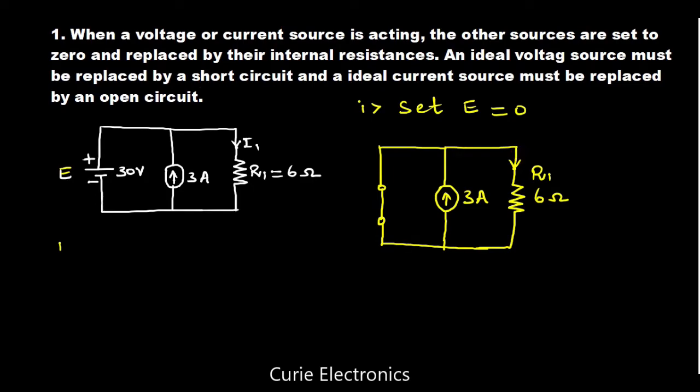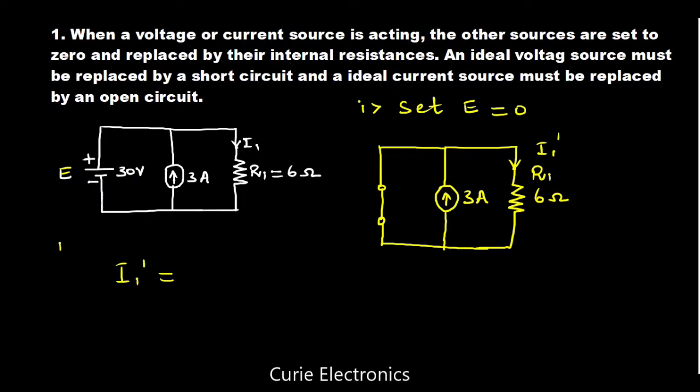So here I1 dash, I'll write it here. We will take it as I1 dash. So I1 dash equal to, so it's a current divider branch, correct? It is like it's short circuited. By seeing it itself we can say there is no current flow in the 6 ohm resistor, because all current will flow through this short circuit. Even then I'll solve it. Anyway, I'll write the steps. So I1 dash equal to what?